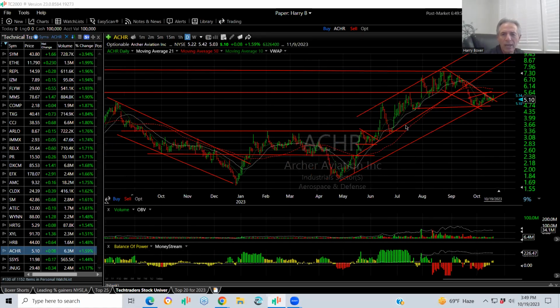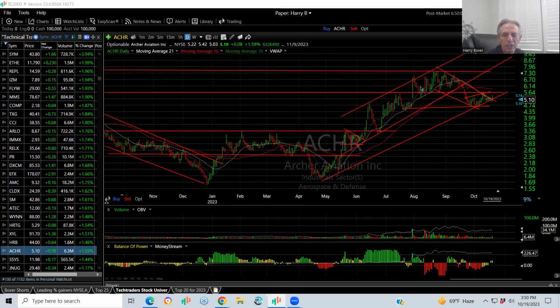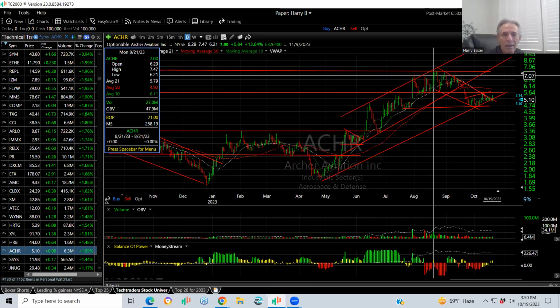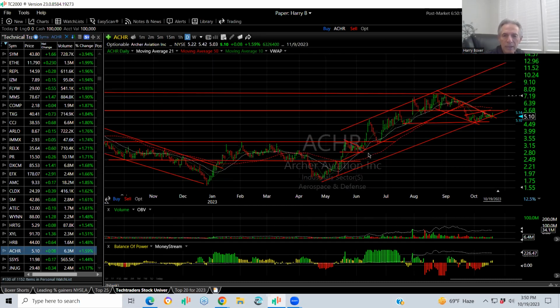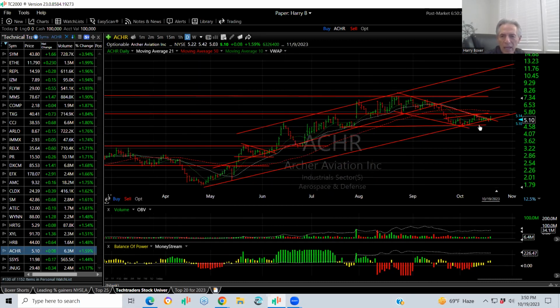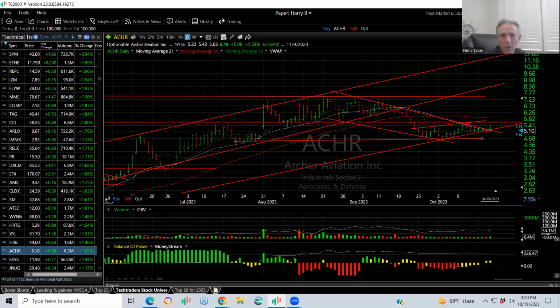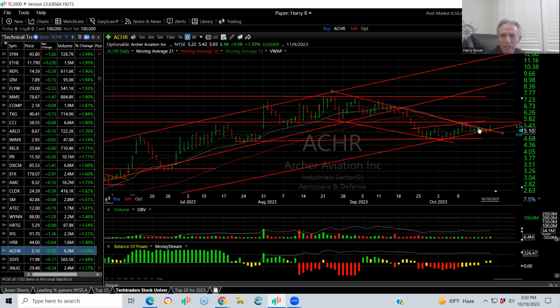ACHR. I used to love this chart. When it broke out here, it was a swing. It popped sharply. It came right down to the breakout point, and ran up, creating a new rising channel. Look how steep this channel was. Look how far it ran, 3.65 to almost 8, 7.5 anyway. But it's broken down to the bottom of what I call an Andrew's pitchfork type pattern. I would wait for this. Number one, it's got to get over 5.61 for starters and take out the moving average of 5.88. That's your resistance zone right now.